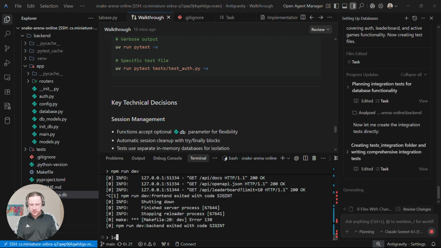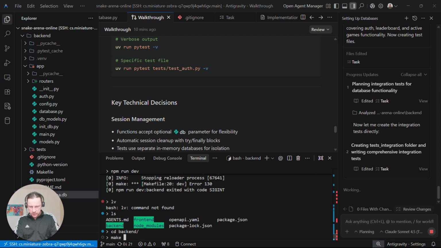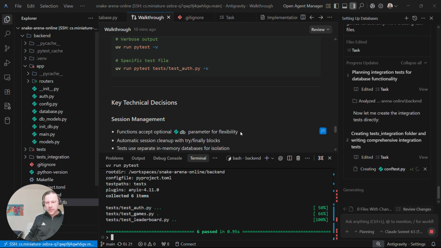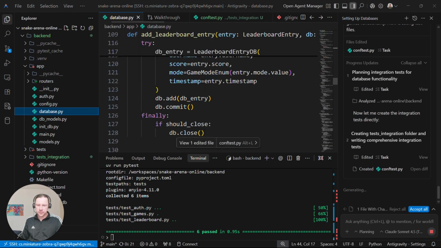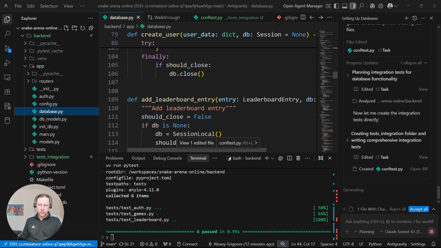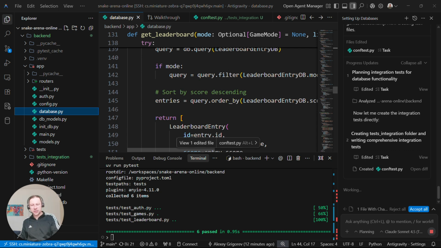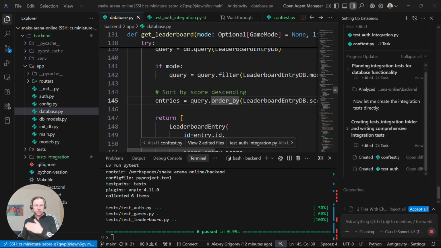And by the way, while it's creating, I want to run tests to make sure that it's still working. Okay, it's still working. But now since we actually created a proper database with SQLite, I want to make sure that we test our functionality, with more of an integration test where, I don't know, we log in and then we do something and then we check that things appear in the database. So we did this manually in the previous video, but I want to have a bunch of tests,